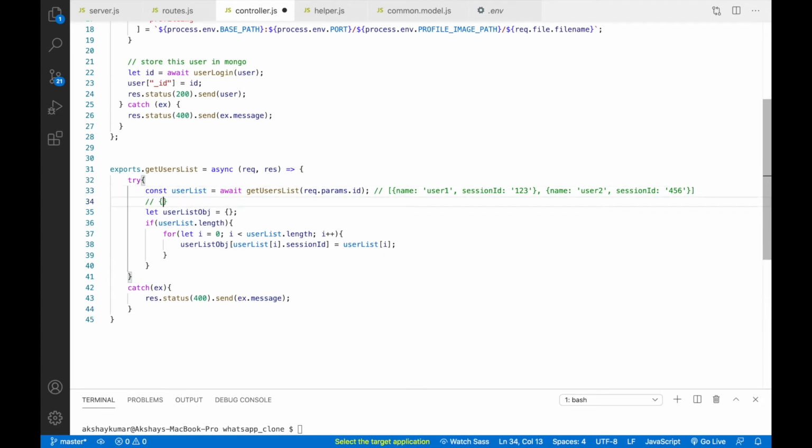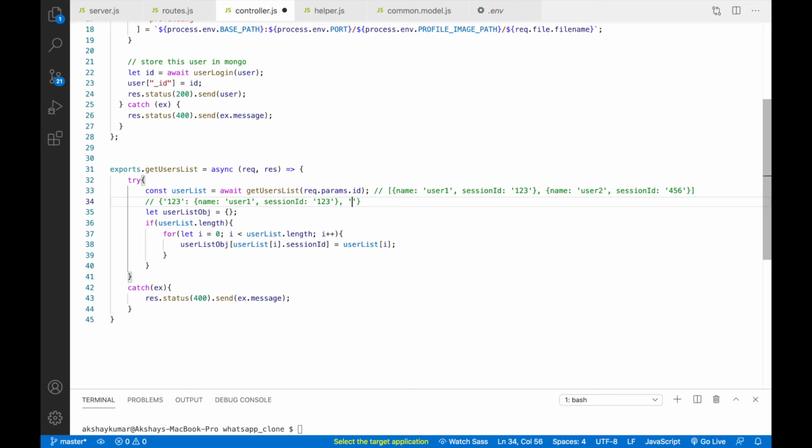So now this will become something like this. I will show you. So inside one object, this session id, so let's say 123, so it will create 123, and then one object. So that object contains name is to user1, comma session id is to 123.